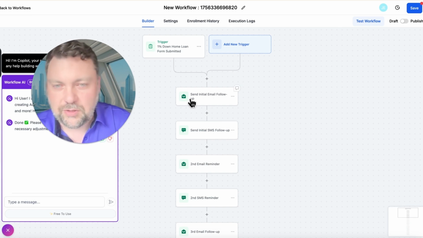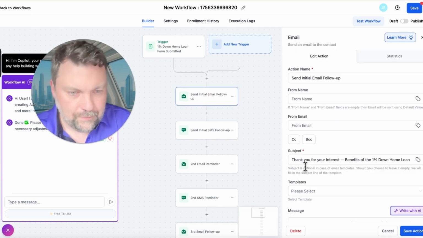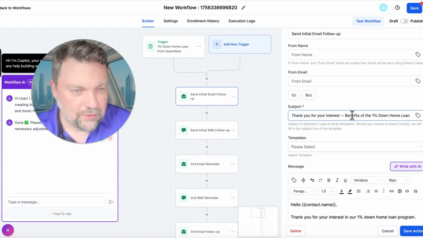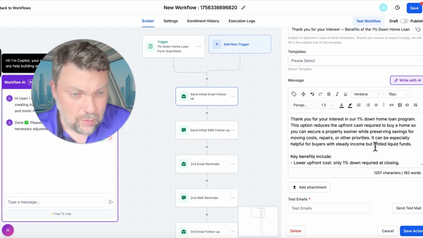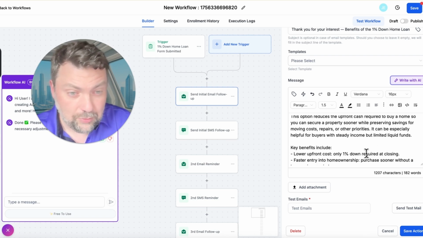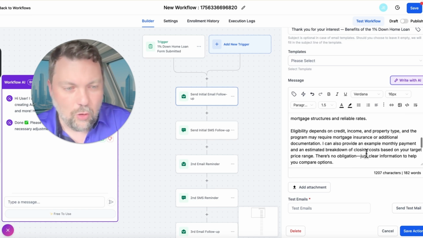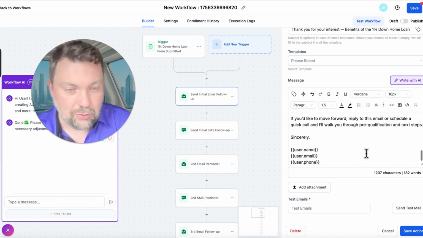Let's see if it actually wrote the emails and if the emails are any good. Thank you for your interest. Benefits of 1% down home loan. Hello, contact name. Thank you for your interest in 1% down home loan program. The option reduces the upfront cash required to buy a home so you can secure the property sooner while preserving savings. Yeah, yeah, yeah. So it's a little corporate-y, but overall,